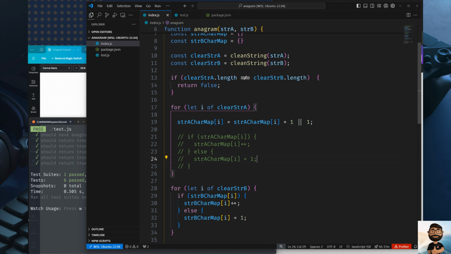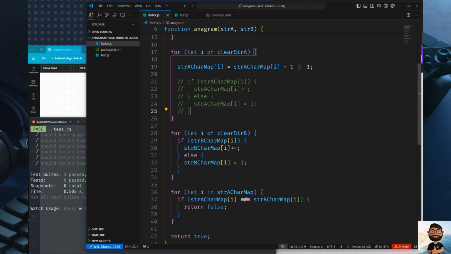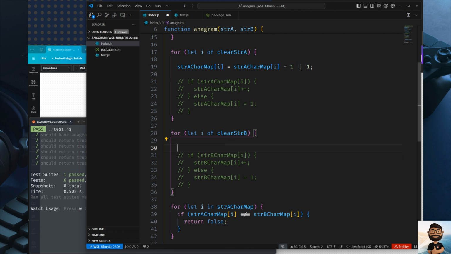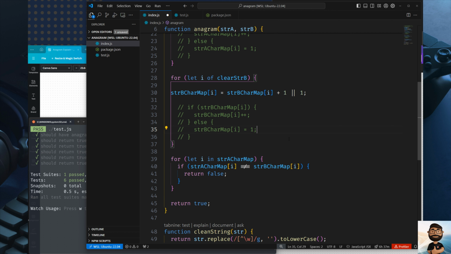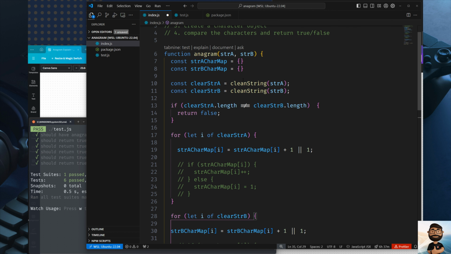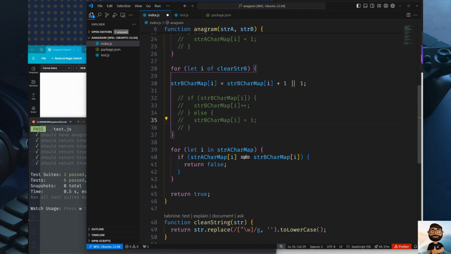So this is the simpler way of doing a condition. Again here we are doing the same, and we can comment this, and we can say char map B equals to char map, if it is there, then this or 1. Okay, so once our character map is ready, basically this object is ready, we can loop through the object